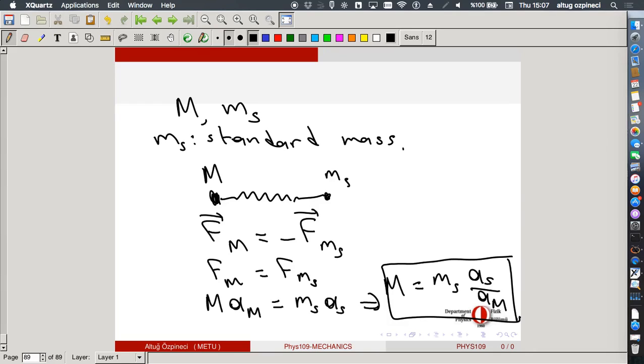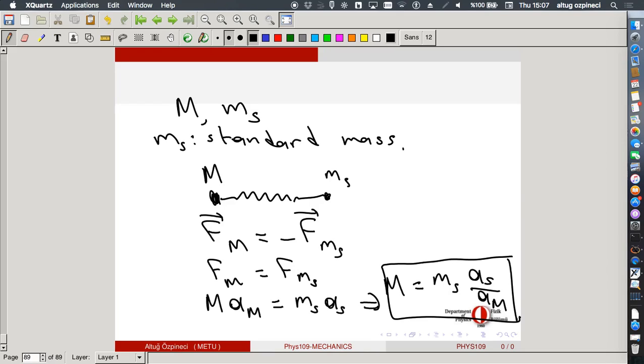Okay, one thing, don't get confused. There's no minus sign over here, because this is a vectorial equation. This minus sign tells me that they are two vectors having the same magnitude. They have the same magnitude, they're just pointing in opposite directions. So this is the equation for the magnitudes.